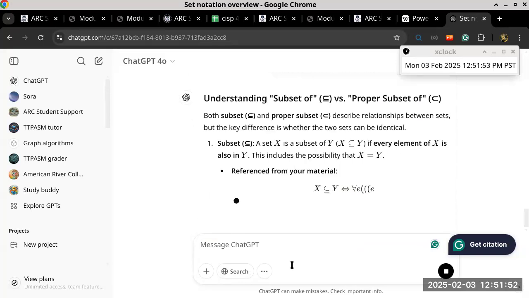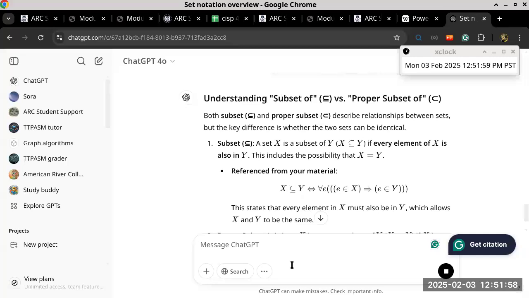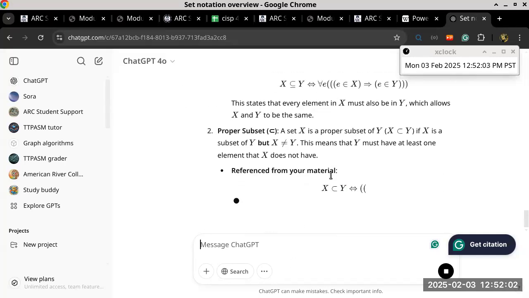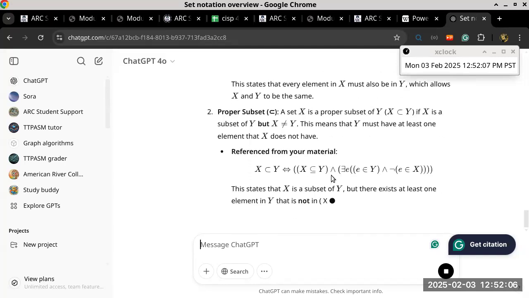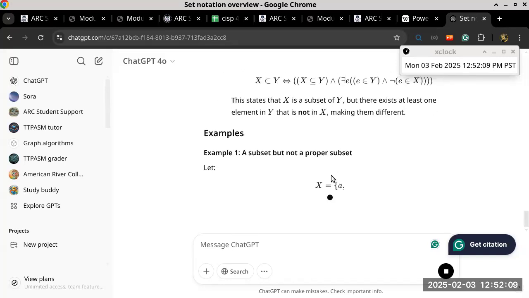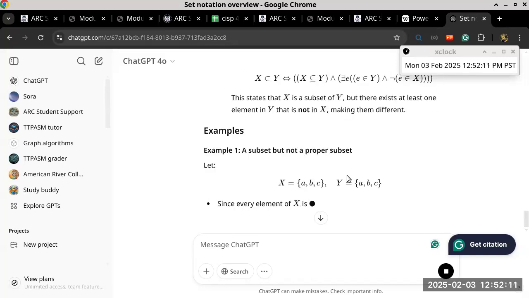So it's referencing the source material. Okay, those are the same notations from my notes. Okay, and it should give you some examples later on. Yada yada yada. Okay, so now we got some examples,